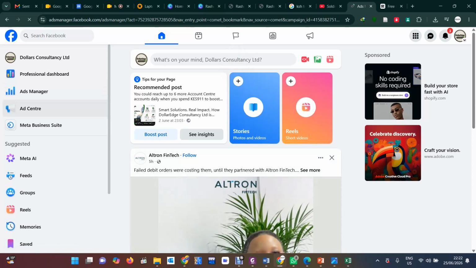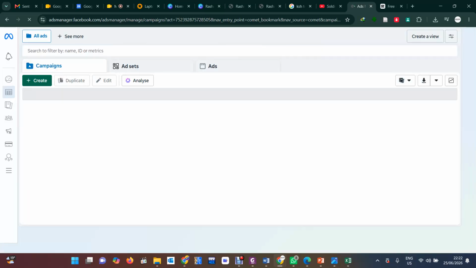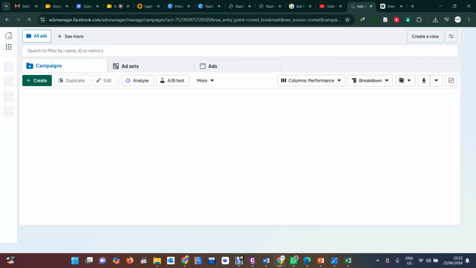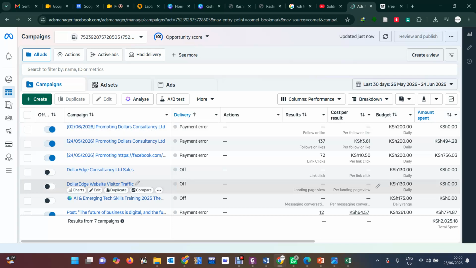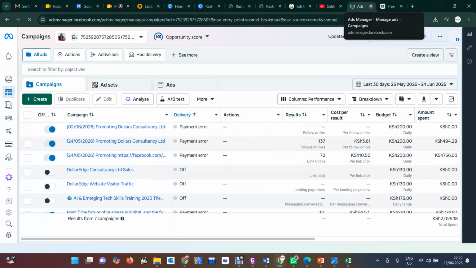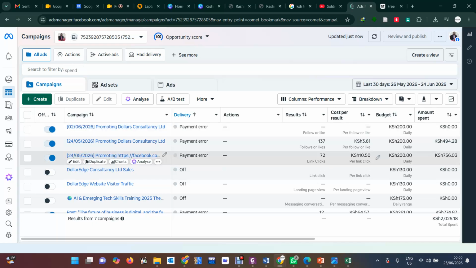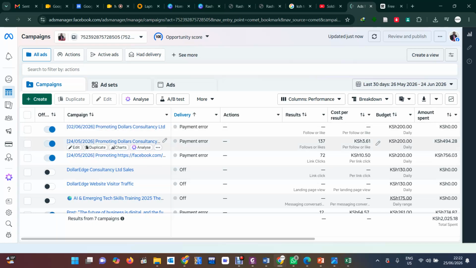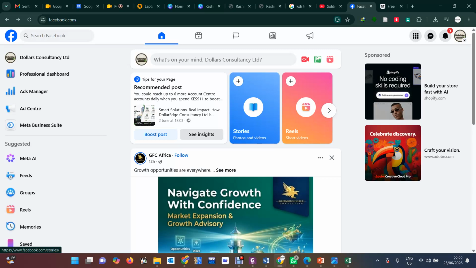You can see there is another advert that was running there. You can use this and then run advertisements here. You have to spend money to do good advertisements and run adverts on social media. So when you see an advert saying it is sponsored, don't joke. It is money that has been spent for you to see that advert appearing there, running. It's not just you clicking.